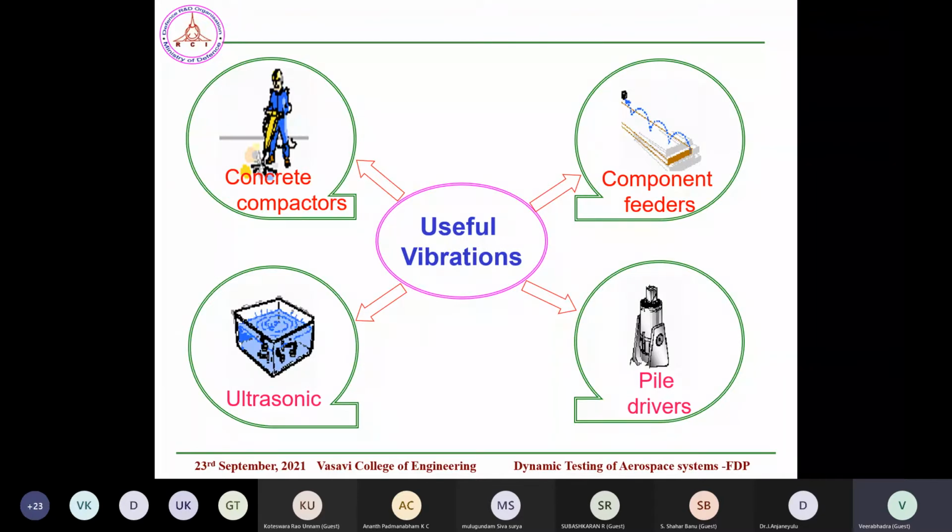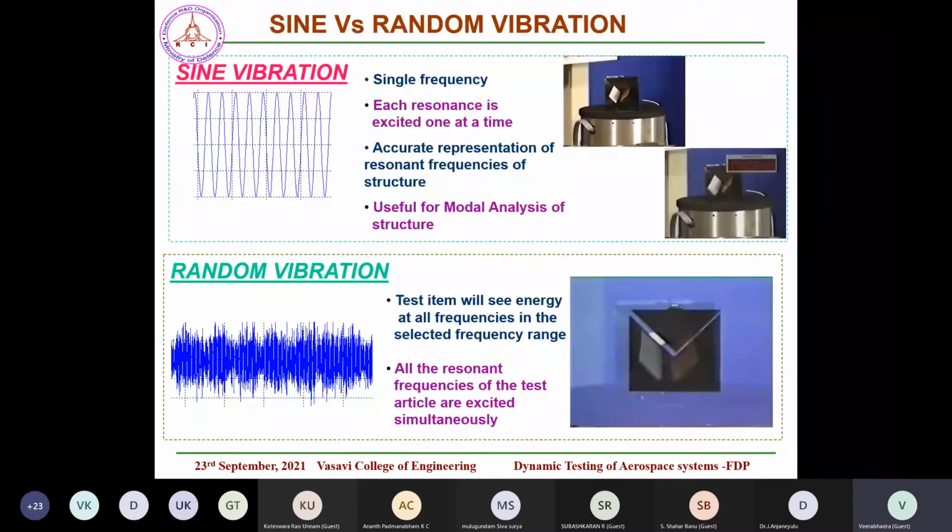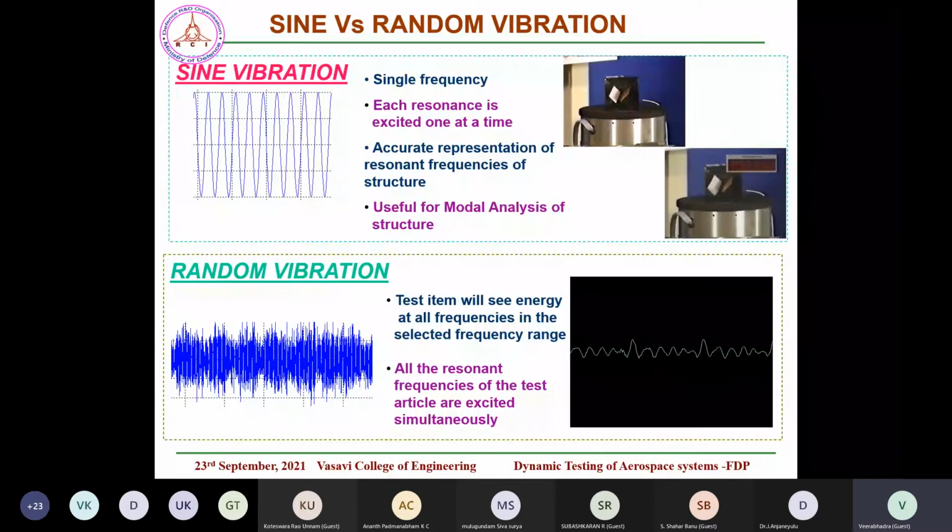Now, just as I was speaking about vibrations, typically we experience two kinds of vibration in the aerospace industry. One is called sine vibration, one is called random vibration. Sine means we have a single fixed frequency at a given instant of time, like 20 hertz, 30 hertz, 40 hertz with some amplitude. You can go from one frequency to another, what we call a sine sweep, and excite the system. The typical specification is, for example, 5G, 20 hertz to 2000 hertz.